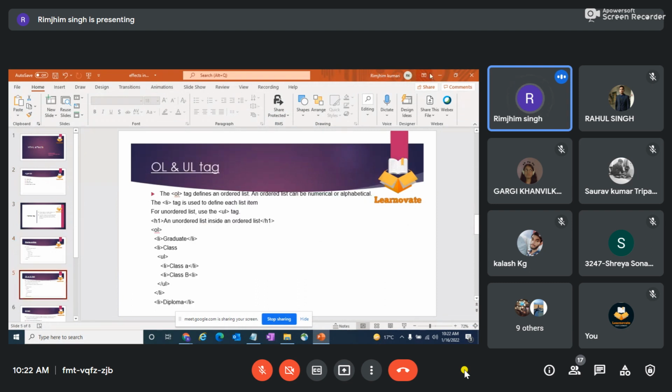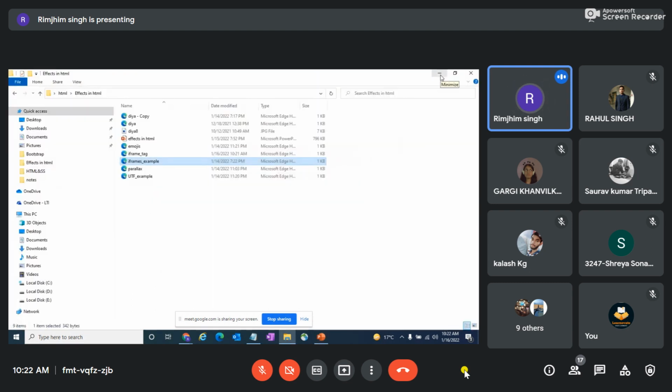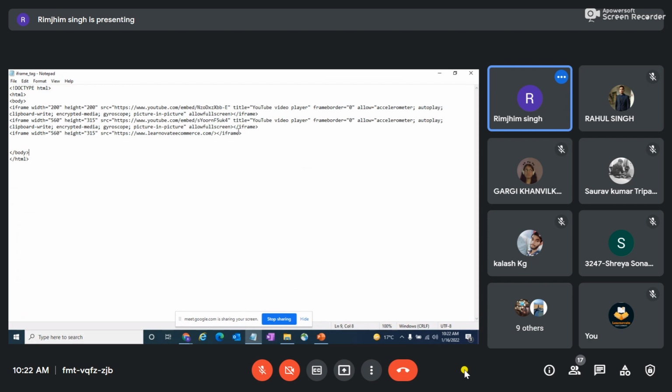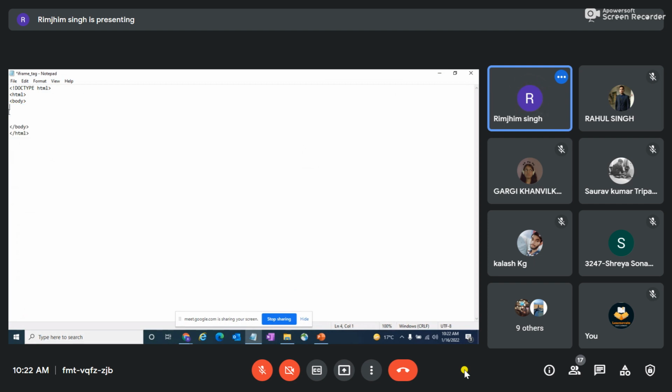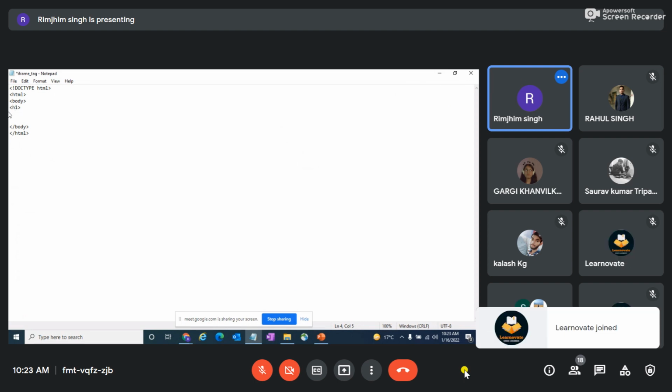iframe is covered, and then let's see how we write an OL and UL tag in your program. So I'll put in a header, sample tag example.